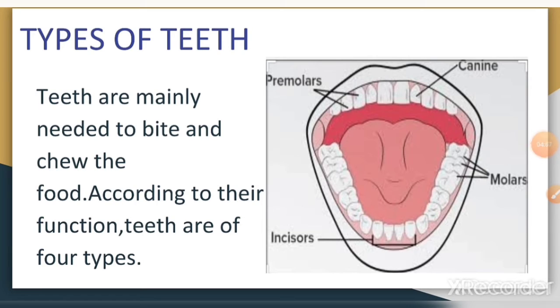As you know, teeth are hard structures which are used to chew food. They are not made of bones like the rest of the skeleton, but have their own unique structure to enable them to break down food. Now, according to their functions, there are 4 types of teeth: premolars, molars, canines and incisors.